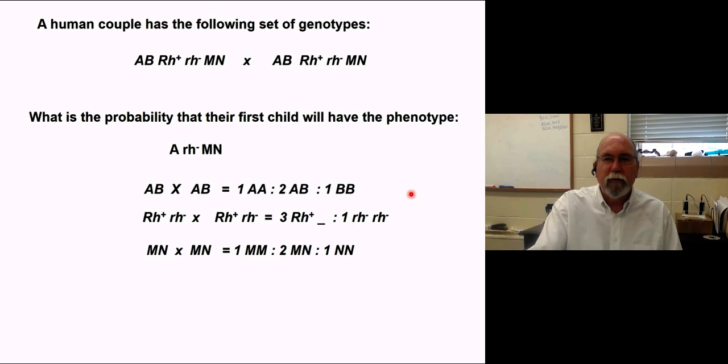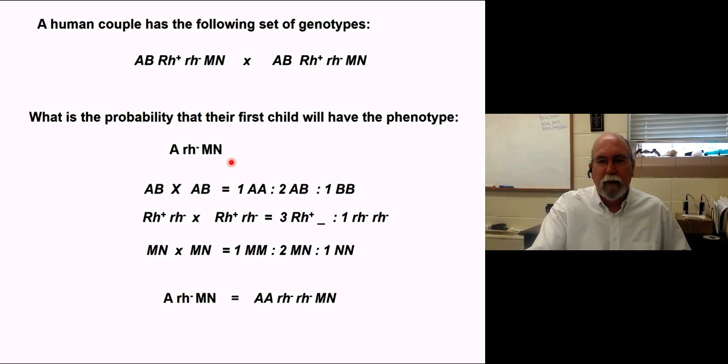All right, so next what we got to figure out is what genotype is this phenotype, right? That's what we're after, okay? And we're saying, okay, what's that phenotype? Well, turns out that of the possibilities to be type A here, there's no AO or anything, so this has got to be AA. To be Rh negative, well, that's a recessive, so it's got to be Rh negative, and MN is codominant, so it's got to be that. All right, well, so all we got to do is look up here and say, well, that gets associated with a 1, Rh negative gets associated with a 1, and MN gets associated with a 2,